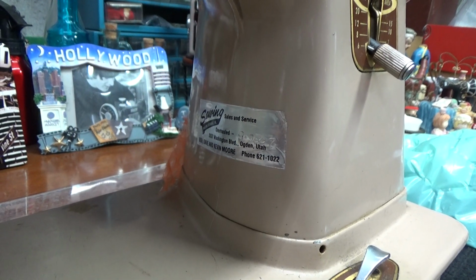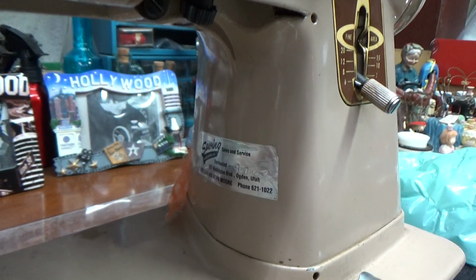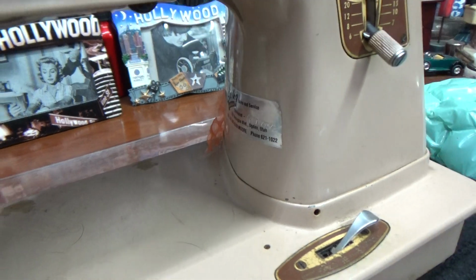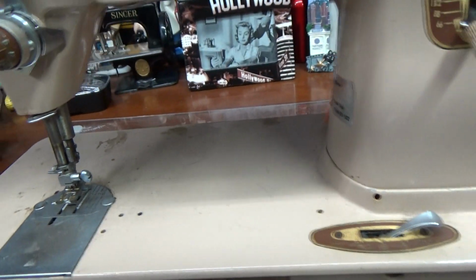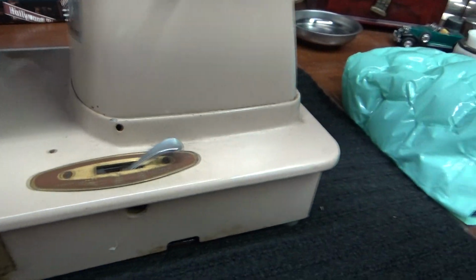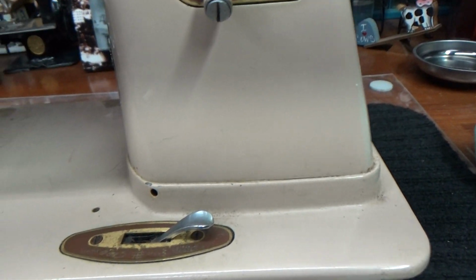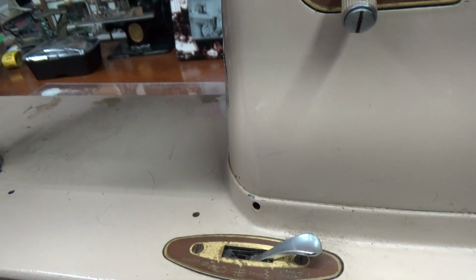So I'll work on trying to get that sticker off. I'm sure that Eric and Margaret don't have any sentimental attachments to that sticker. I can't imagine that they would. And you'll see if you look at some of the other videos of the 500 series Singers on my YouTube channel,